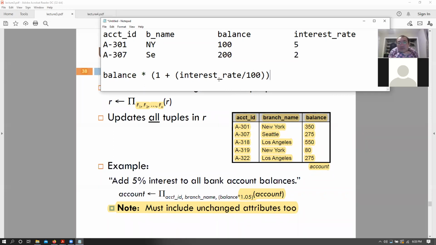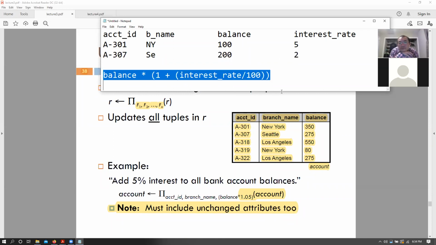So 1 plus 0.05 gets me 1.05 times balance. So 100 becomes 105, 200 becomes 204, okay, and so on, right? No, not 200. Yes, 204, 208, okay. Anyway, this would be your generalized project operation for the particular balance.